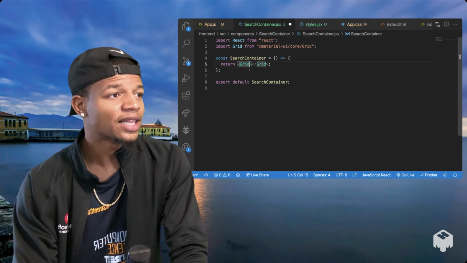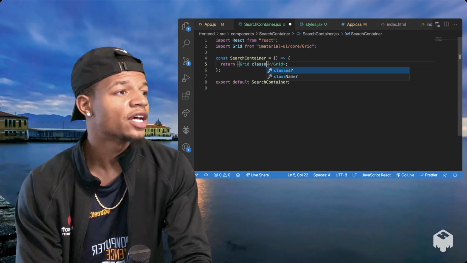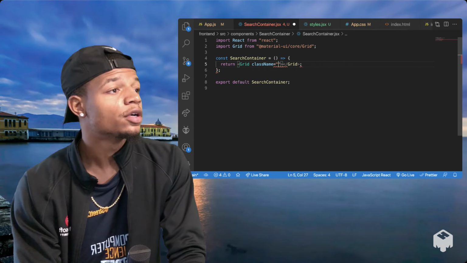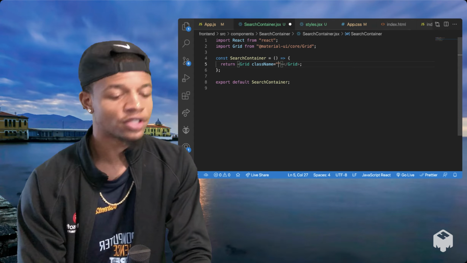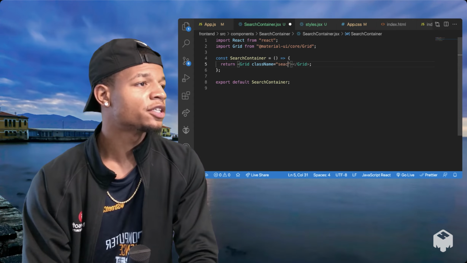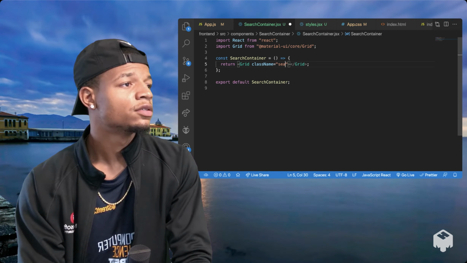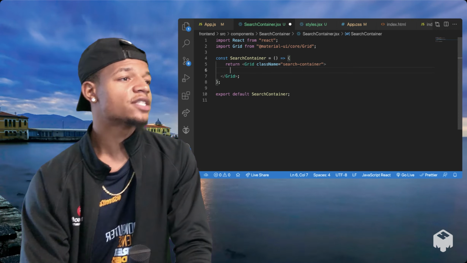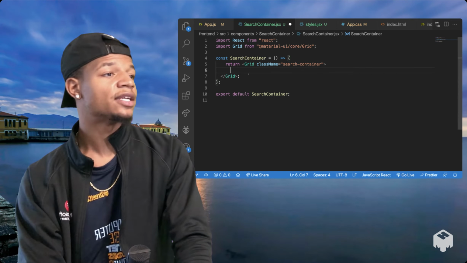So let's add a class name here. Class name equals, right now we'll just say search container. Yep, search container like that. Cool. That's the class name. We got search container. And then now we can